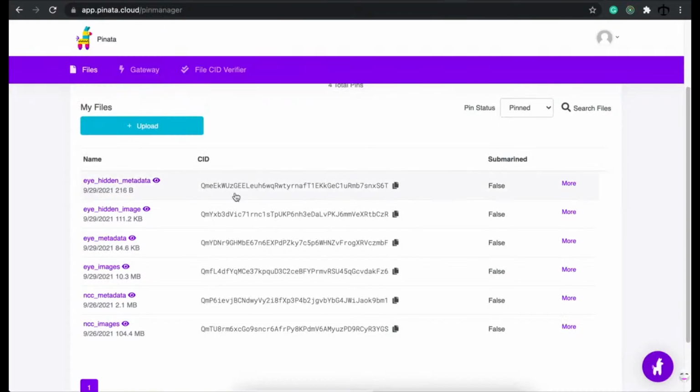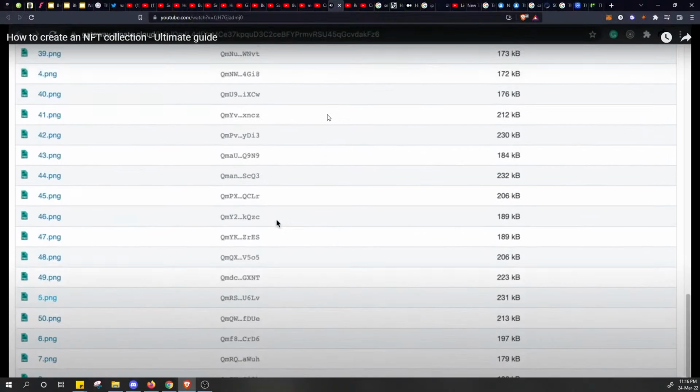If we go back to Pinata, we can see that in our metadata, if we go and open this eye, we have